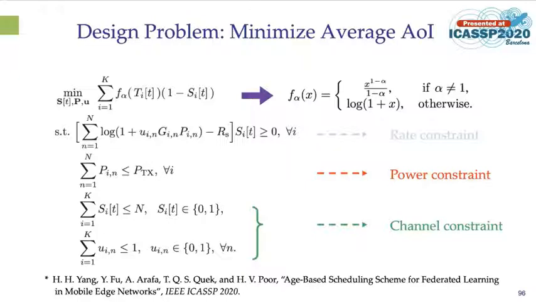What I'm going to talk about here is basically in another ICASSP paper, which you can hear later this week, which is shown here. So I'm not going to go into a lot of detail, because you can see some of the details in that paper. Anyway, we have this model. It turns out that this computational problem is fairly low complexity. It can be solved in polynomial time. So at each iteration, we can solve this problem to decide which end user devices should be chosen for upload at that iteration.